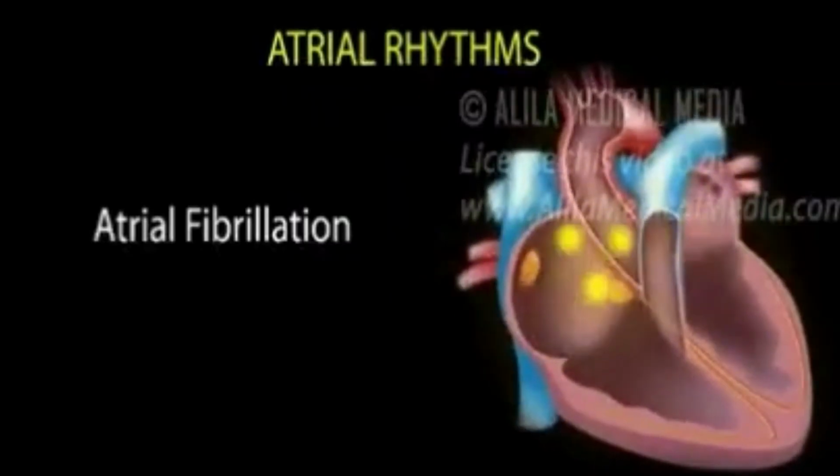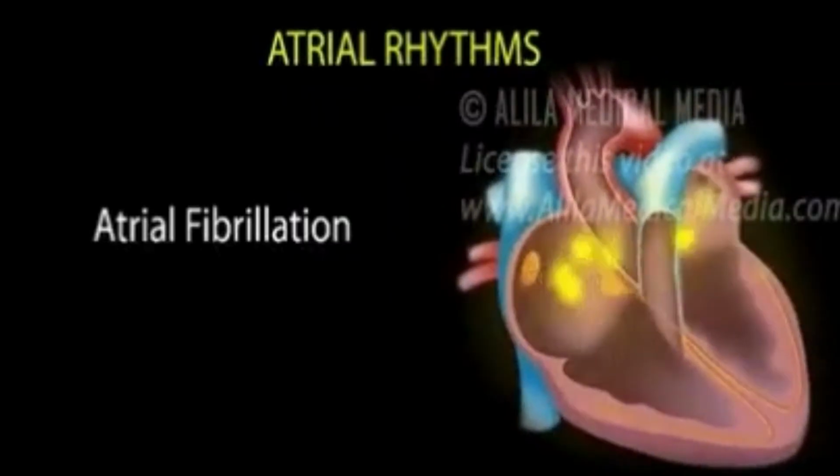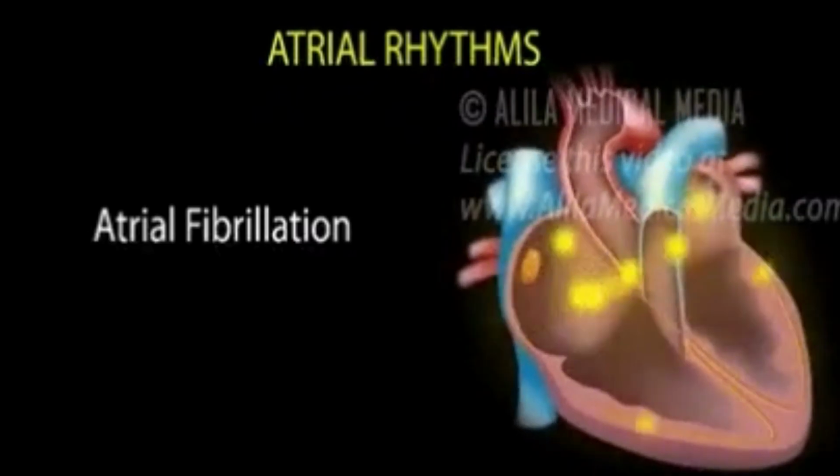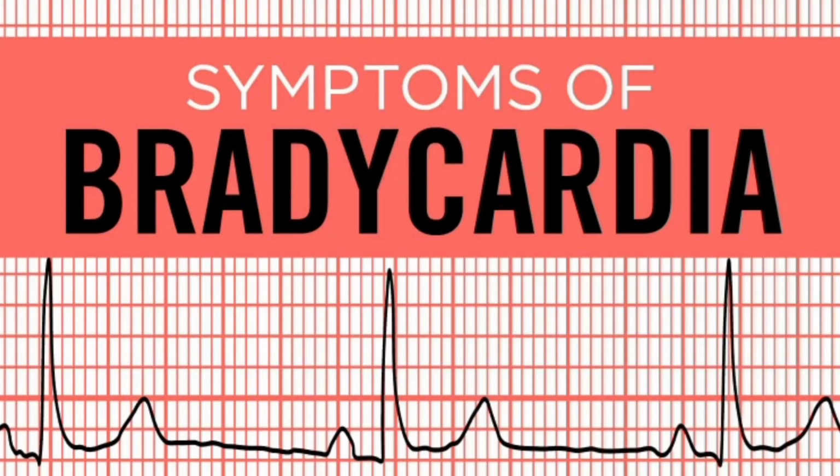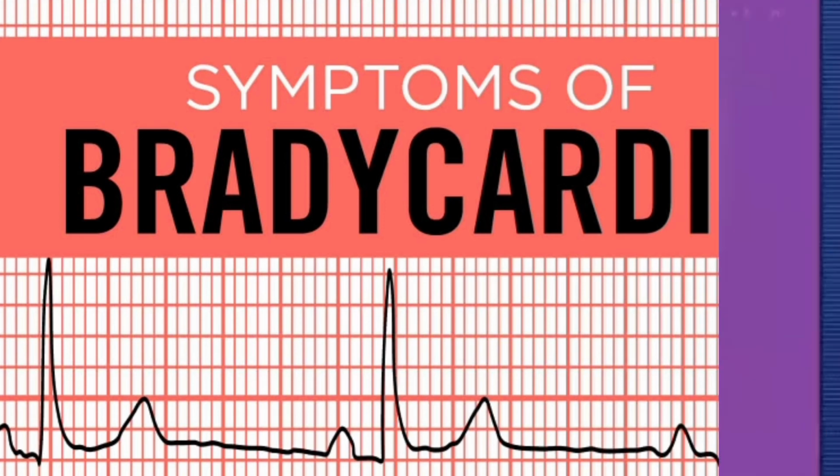The final heart disorders described in this video are bradycardia and tachycardia. Tachycardia is the term applied to a pulse rate over 100 per minute, and bradycardia is the term indicating a slow heart rate, or a pulse rate under 50 per minute.